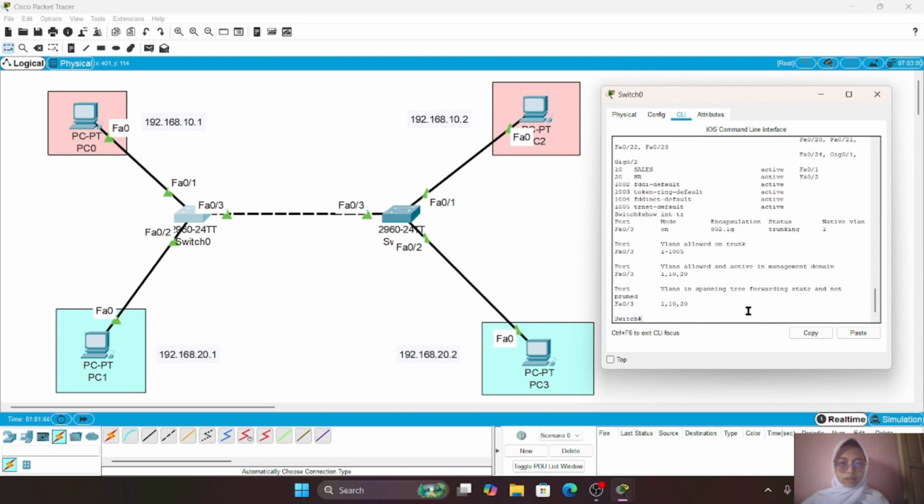As shown on the screen, Fast Ethernet 0/3 is operating in trunk mode. This confirms that the trunk connection has been established successfully.